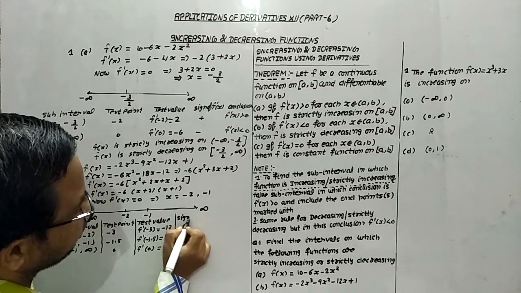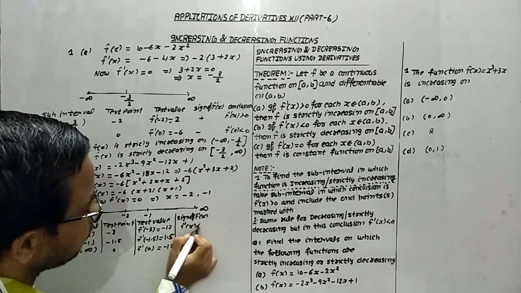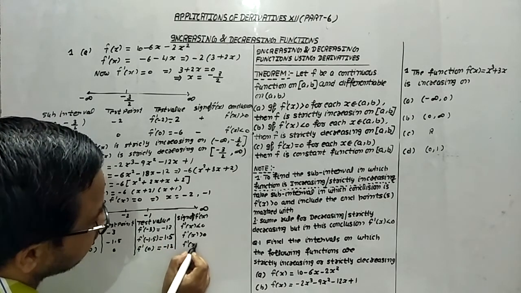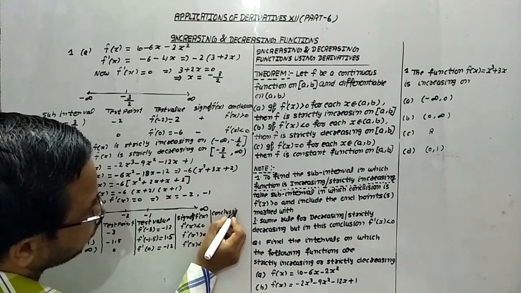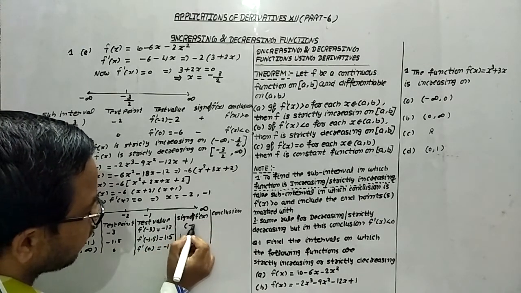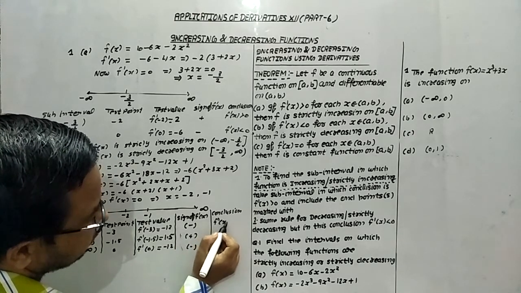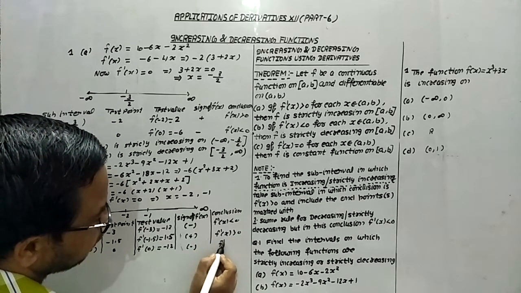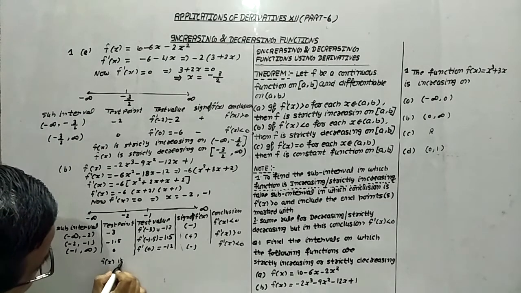Now the sign of f dash x. Now what we are observing, the sign of f dash x, we have f dash x less than 0, f dash x greater than 0, and here also f dash x less than 0. Now conclusion. In this conclusion, we have to put sign only. So it is negative, it is positive, it is negative. It means here f dash x less than 0, here f dash x greater than 0, here f dash x less than 0. So f(x) is strictly increasing